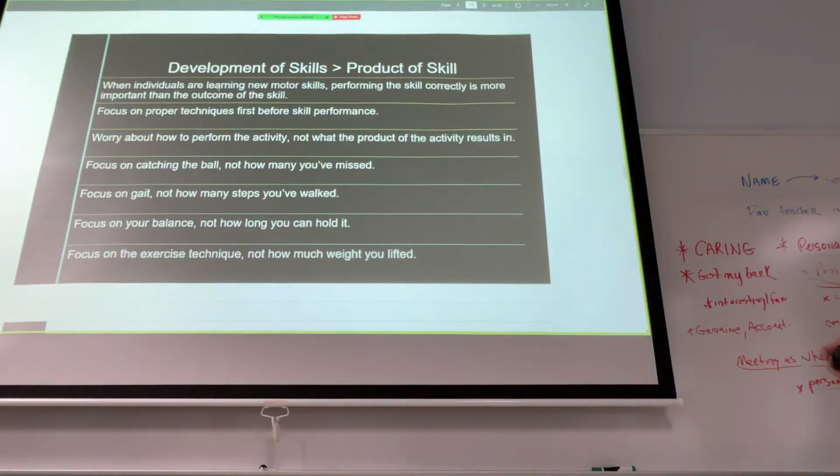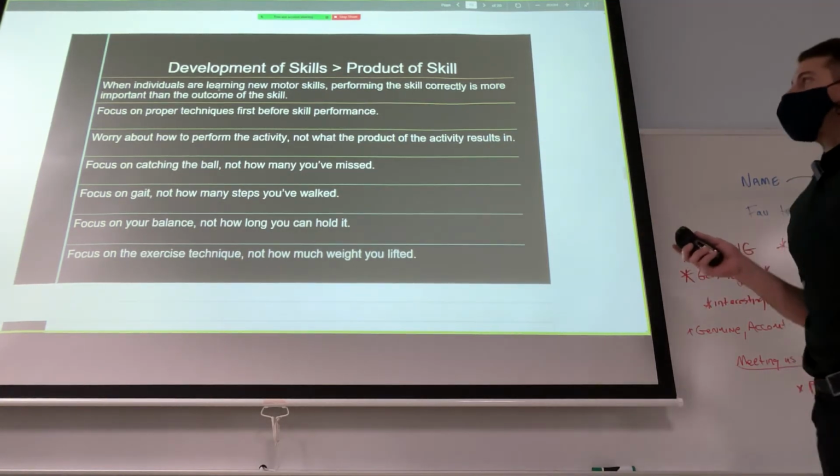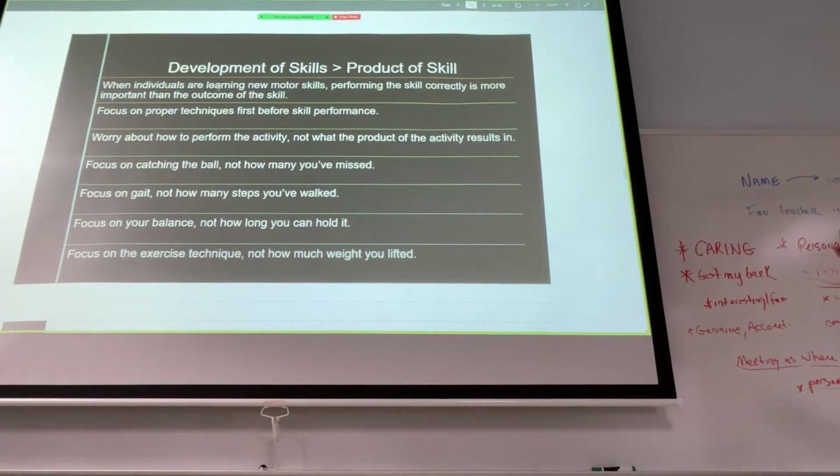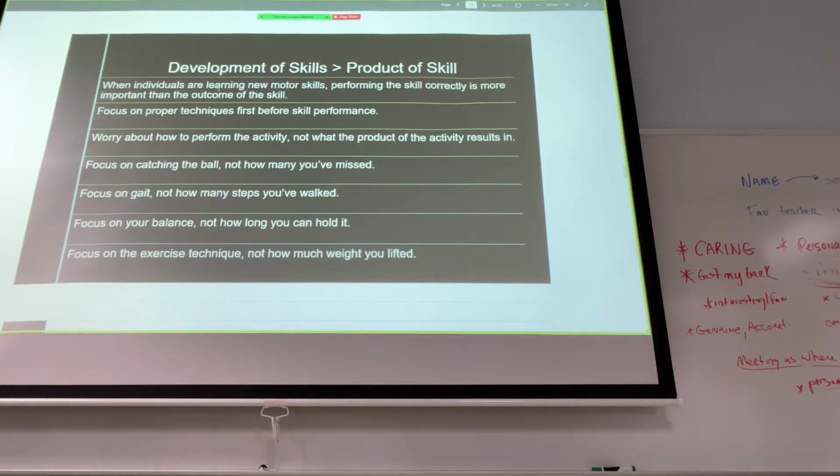Development, like I said, is more important than the product of the skill. When individuals are learning new motor skills, performing the skill correctly is more important than the outcome. Focus on proper technique first before skill performance. Worry about how to perform the activity, not what the product of the activity results in. A lot of times